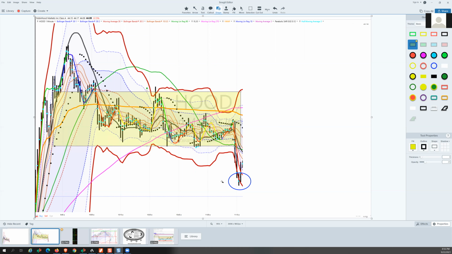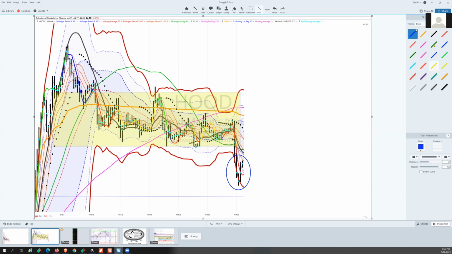But when you get this move that goes outside of the Z3, that suddenly now makes this a potential intraday 1, 2, 3. So the 1, 2, 3 entry, if you were going to make that play, is available right here. Right there, right? So let's zoom in on that rascal.